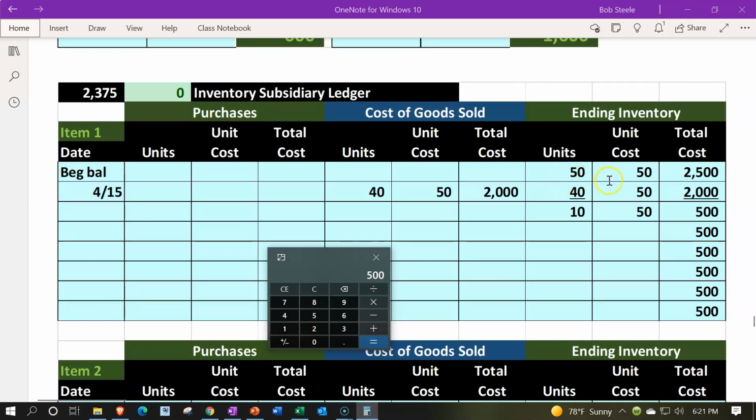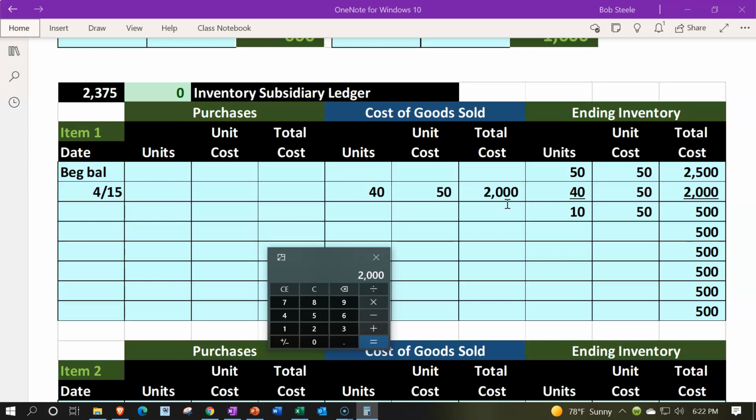We had 50 units on the books at a cost of 50, for 2,500. We're assuming we sold 40 of them times the 50. That gives us our 2,000. That was the cost of goods sold, not the sales price. The sales price isn't on the subledger, though it may be on the actual report in QuickBooks, which is going to be the inventory summary report, because we have the sales price there too. But when you're thinking about the subledger, you're really looking at the cost. The sales price is going to be something other than the cost,